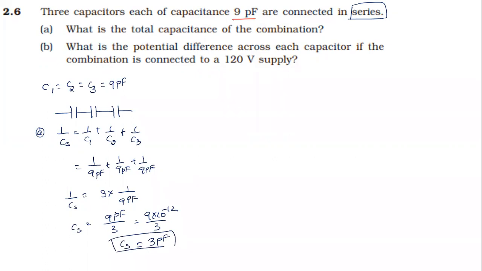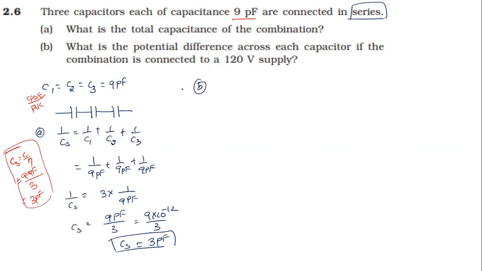That's the regular method we need to do for PUC. So this is not required at all because I gave you the formula. When all capacitors are identical, then in series combination I gave the formula to you, right? C equals C by N. So see how much it is now: 9 picofarad, N is 3, so 3 picofarad. That's the competitive part, done, it is this much. But for PU level or CBSE level, for the point of writing the examination to get good marks, because each step carries marks in the board examinations. So second part, look at the second part now.